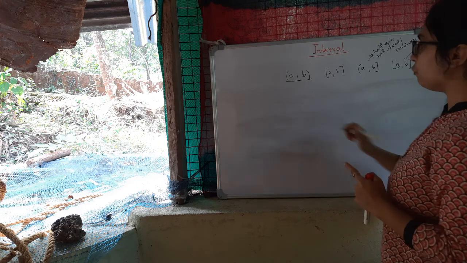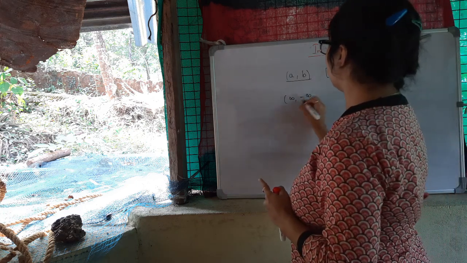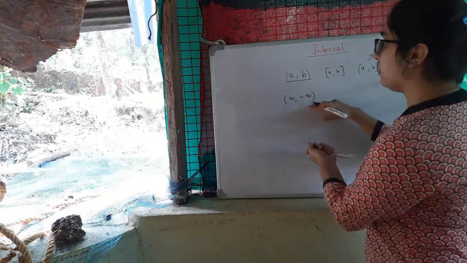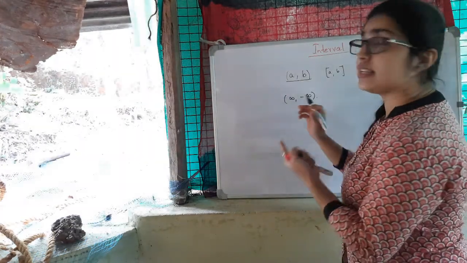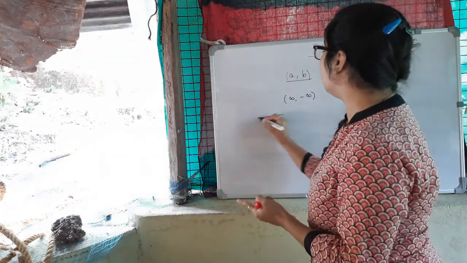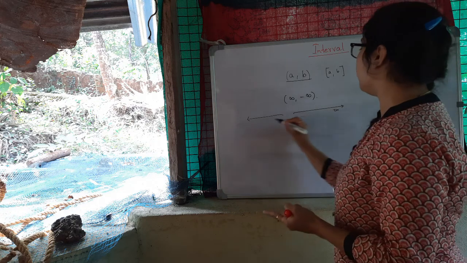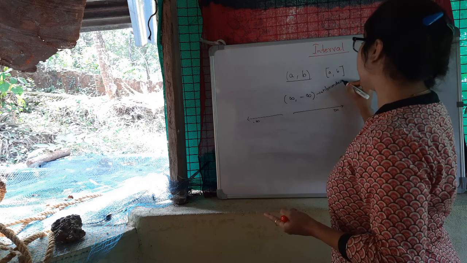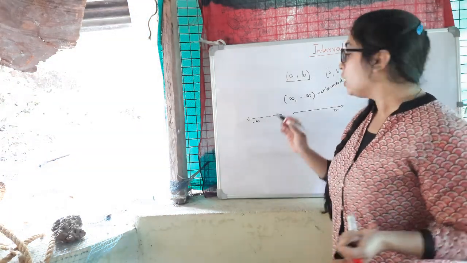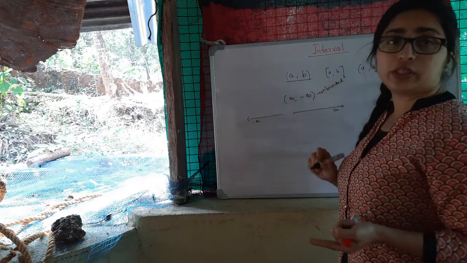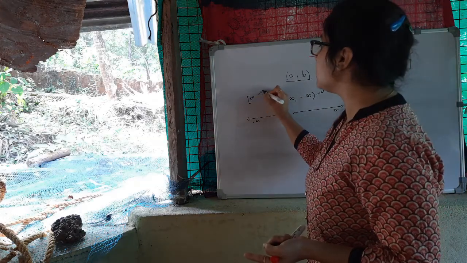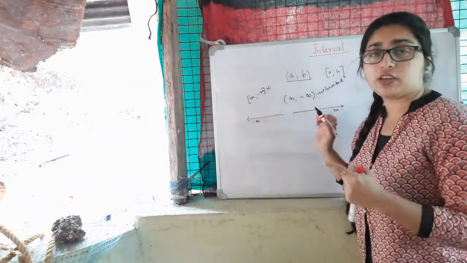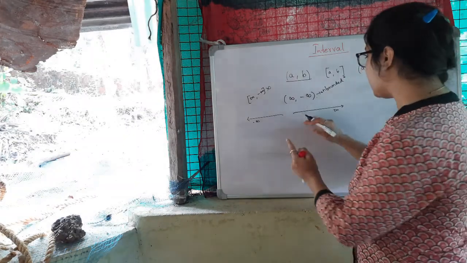So if I consider infinity and minus infinity, obviously it is unbounded. That means it can extend to minus infinity, indefinitely, or it can indefinitely extend to infinity. This is unbounded. And since this is not a number, because we do not know where it is going to end, we cannot use the square bracket with infinity. If you write like this, it's wrong. We have to use the open brackets with infinity and minus infinity since they are not numbers, because it can extend up to infinity.